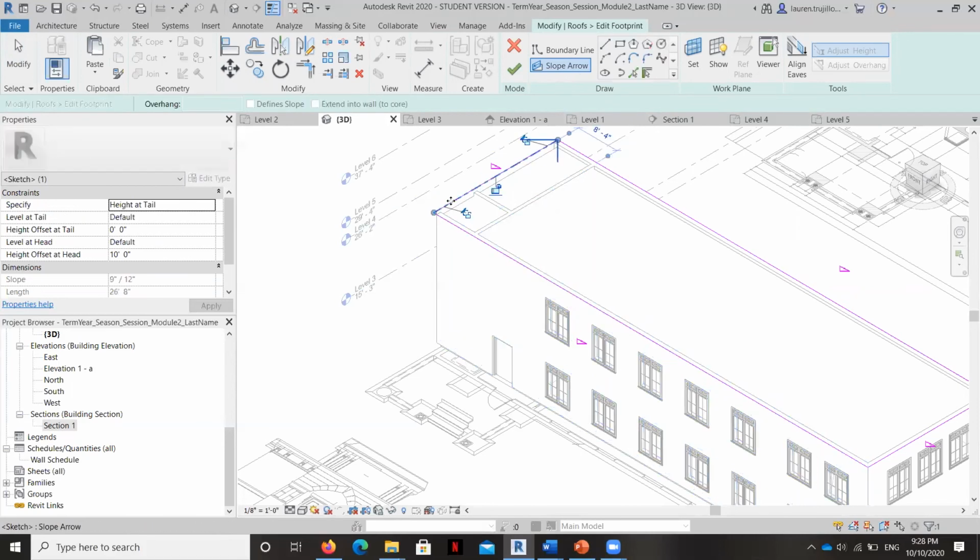But the roof itself can get real picky here. You can see the arrow. And it's just like the ceilings that we've created where we changed the height. And so you can mess with the height at the tail and the offset and create a shed roof that only angles up in one direction. You can also create a vaulted roof where basically there's essentially two roofs that meet in a V at the top. But I'm going to let you all kind of mess with that on your own time if you want to.